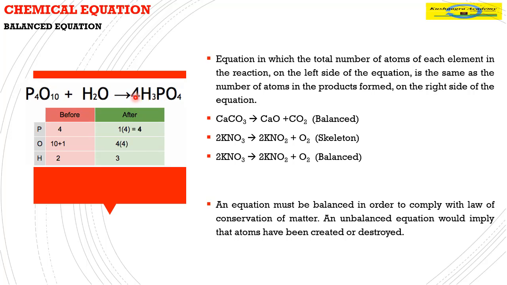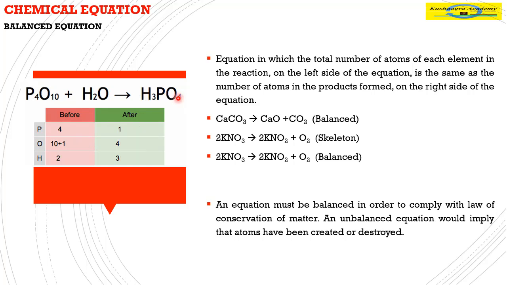Phosphorus is also balanced. This 4 phosphorus and this 4 phosphorus, and this 6 oxygen plus 10 oxygen, that is 16 oxygen, and here also 4 into 4, that is 16 oxygen. That means all the 3 elements in the chemical reaction are now balanced and it complies with the law of conservation